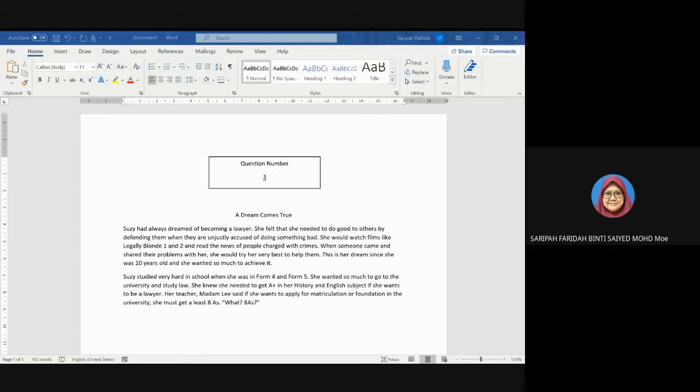So she applied for matriculation in a university, matriculation in law, and she got the course. Okay, she studied very hard for the course, and then she was able to apply for degree. So when in degree, the degree was 4 years. Okay, so control yourself. Now you have 160 words. Remember, you don't have enough time. So